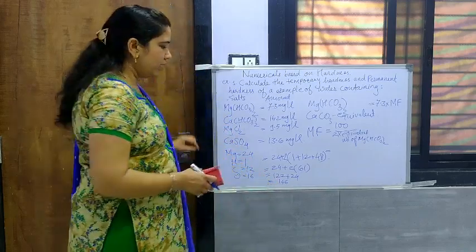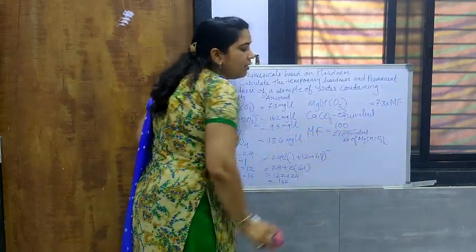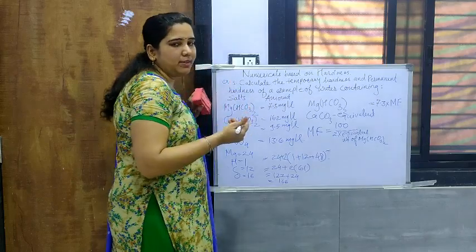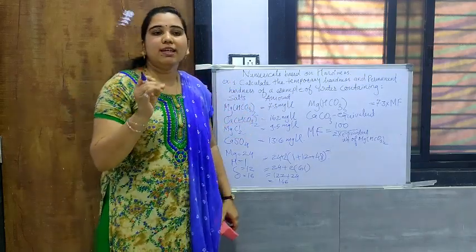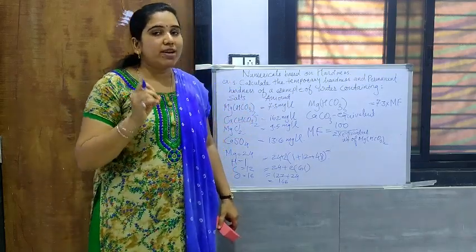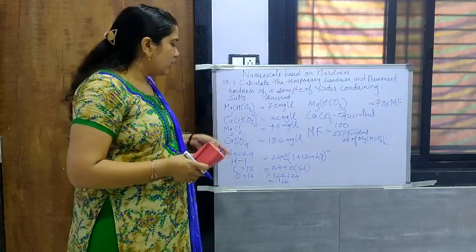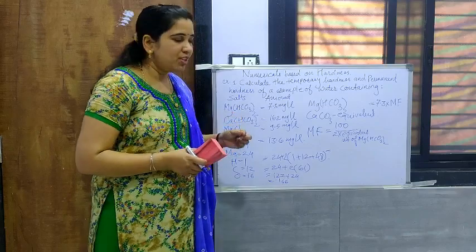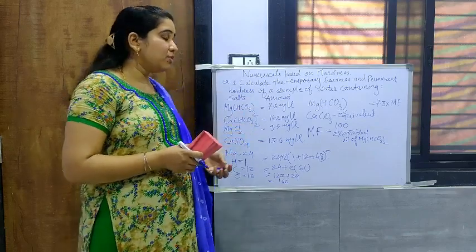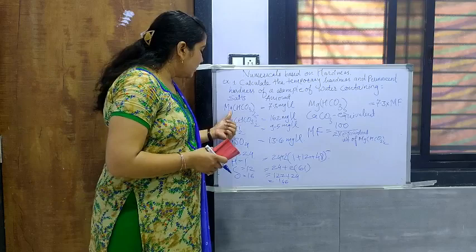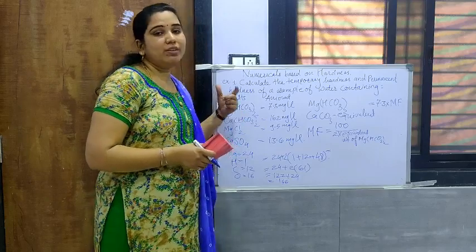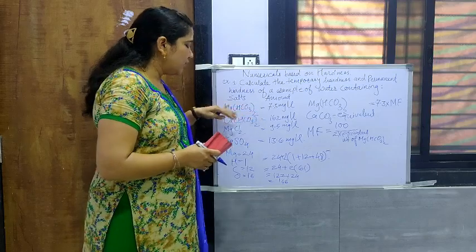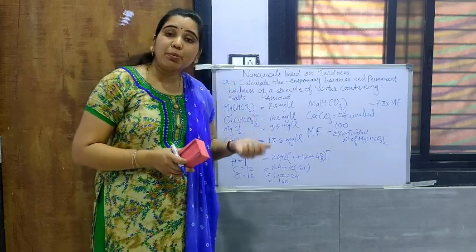So we will use this molecular weight to calculate the equivalent weight, therefore 146 divided by its valency. Now what is valency? Valency is the charge of the central metal ion. In any of these molecules, the central metal ion, like magnesium, is a positively charged ion. The positively charged central metal ion is to be considered, while this will be in the center and the HCO3 will be on the two different sides. So in Mg(HCO3)2, Mg is the central metal ion, which is a dipositive ion.